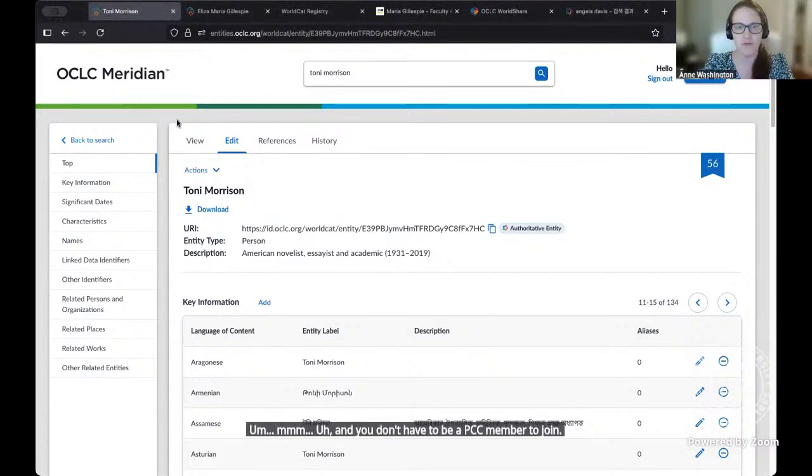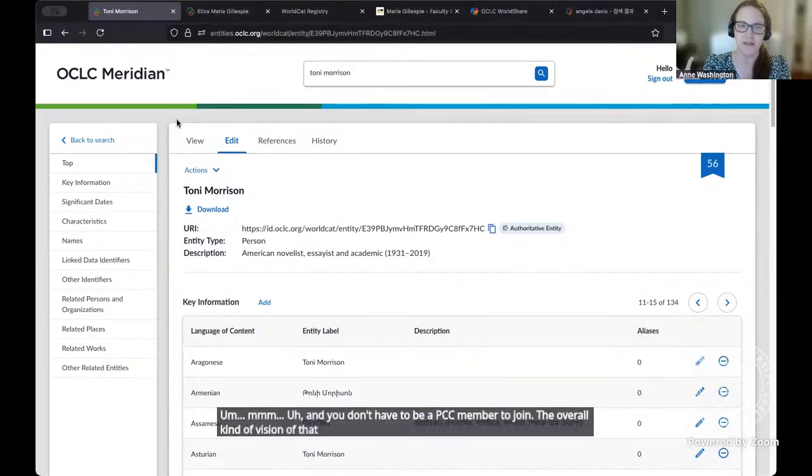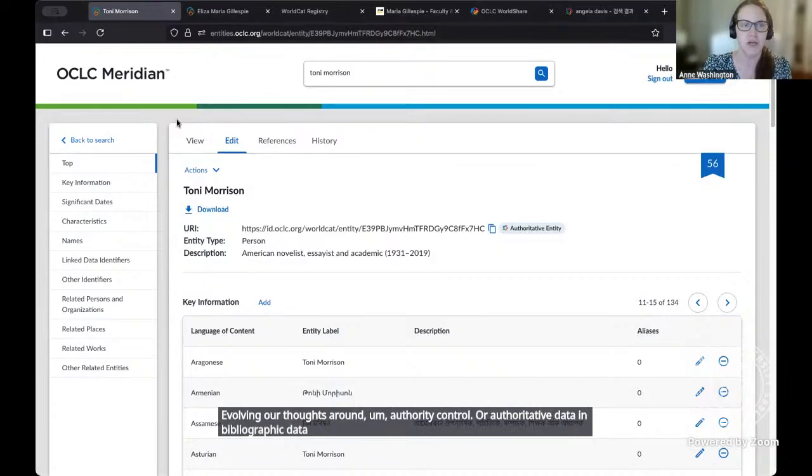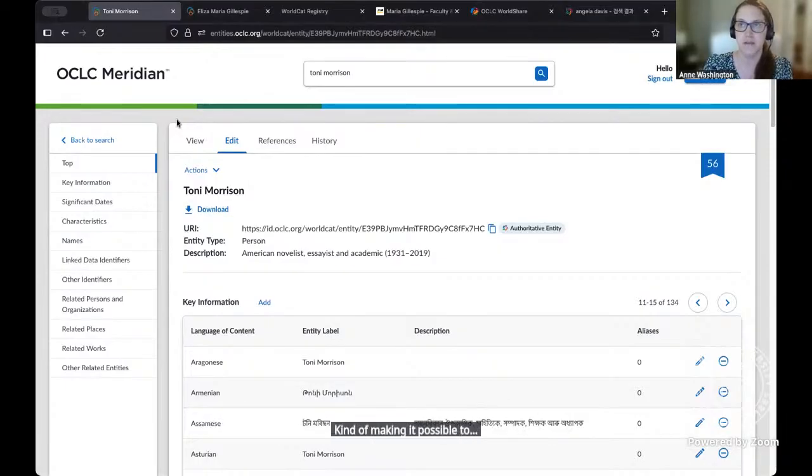The overall vision of that group is evolving our thoughts around authority control or authoritative data in bibliographic data. And so making it possible to add, in a standard-ish way, entities or values from other registries to bibliographic records.